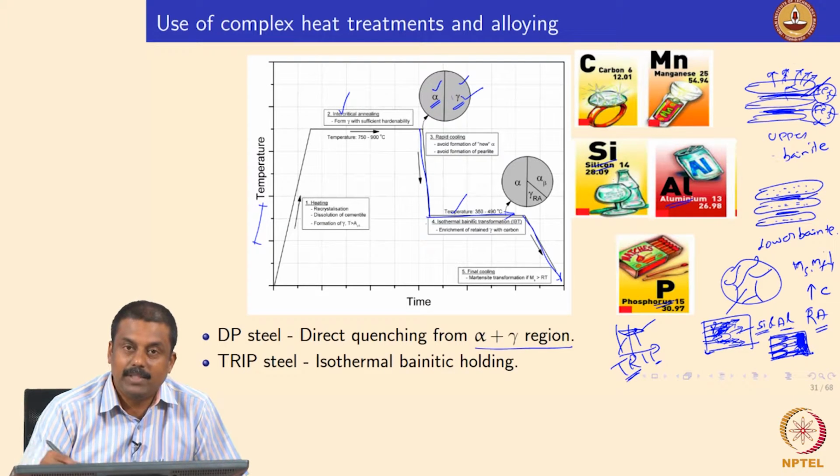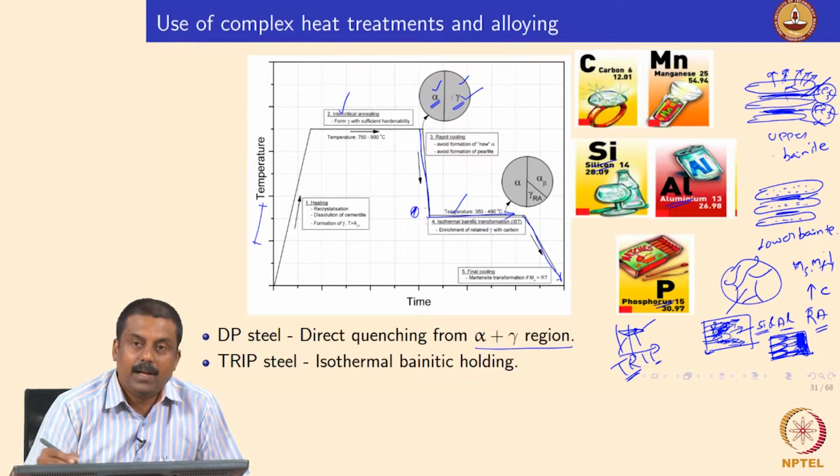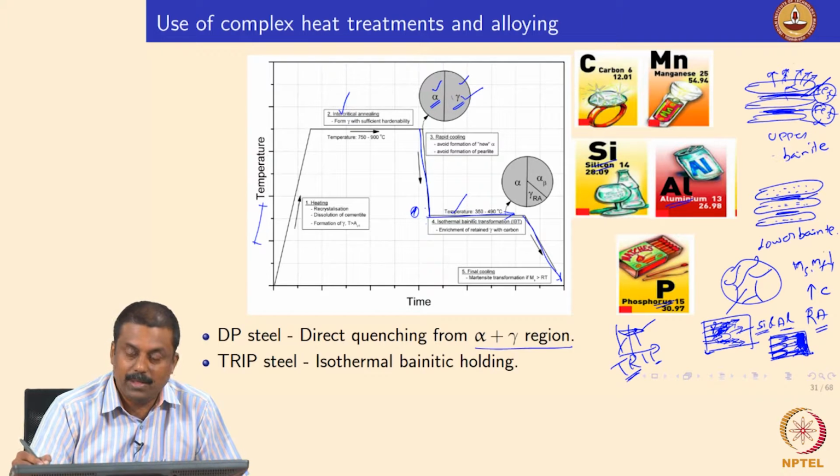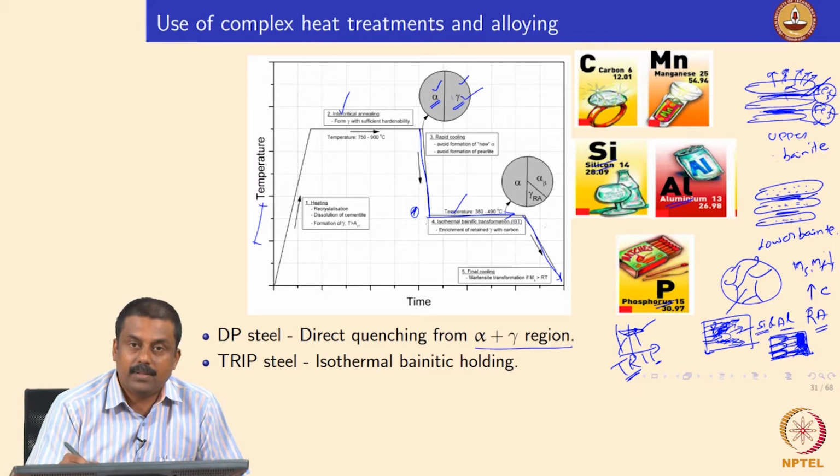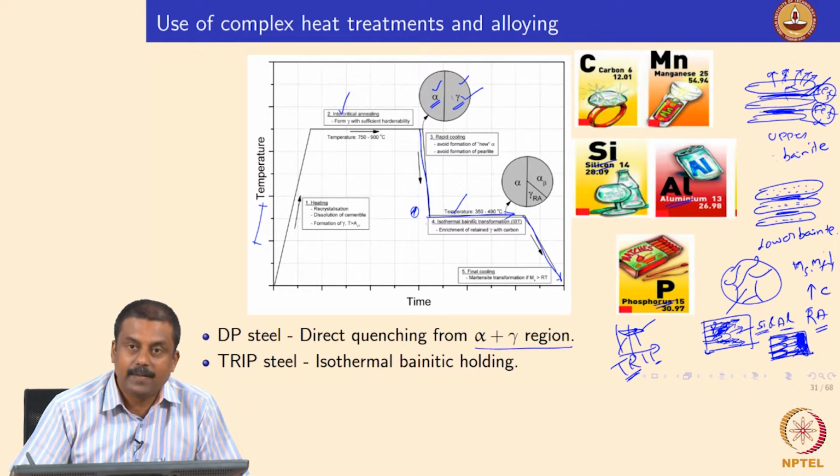How do these elements suppress cementite formation? Because the solubility of silicon and aluminum in cementite is very low. So, if cementite does nucleate, the silicon or aluminum atoms should be pushed out, but the diffusion rate of silicon and aluminum at this temperature is very low. So, you can barely move silicon and aluminum atoms to nucleate cementite.